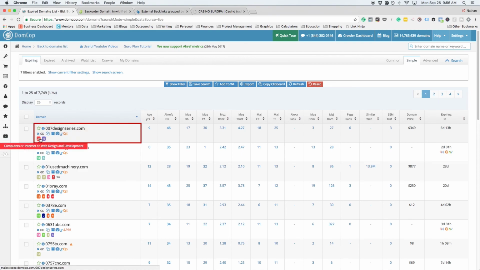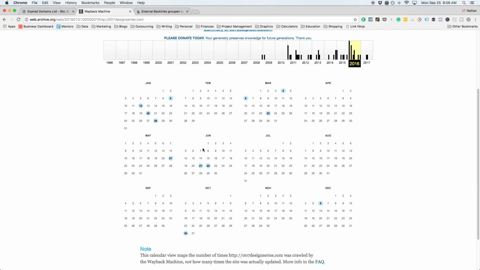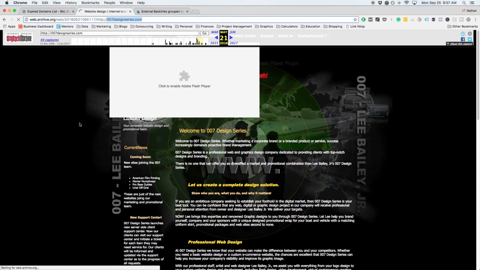So I'm going to go ahead and grab this domain right here and then throw it into the Wayback Machine. Just based on what we see here in the Wayback Machine, it appears that this domain used to be a web design company. And believe it or not, sometimes old web design companies that have gone out of business and now their domains are obviously expired are really great opportunities, because a lot of web design companies will drop a link to their website in their client's website footer. And as a result, this really helps build the authority of these web design companies' websites.